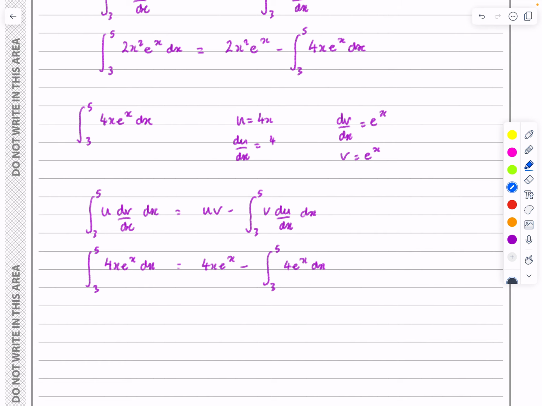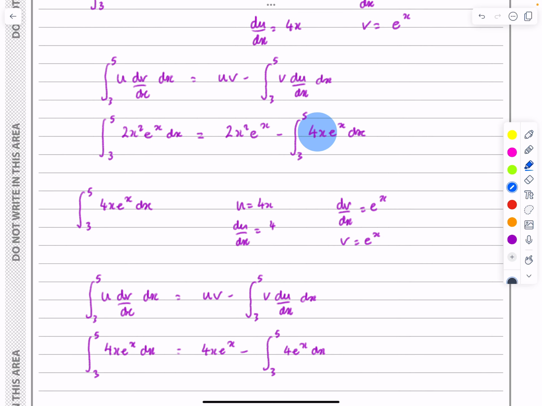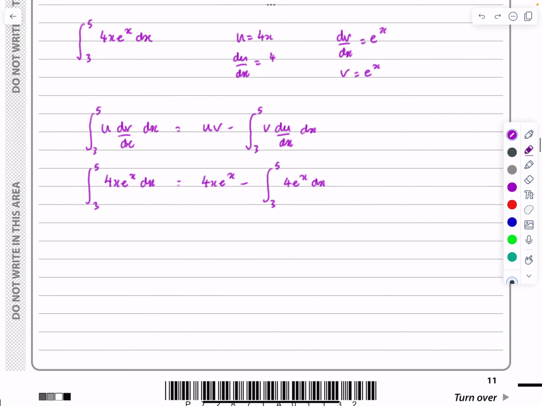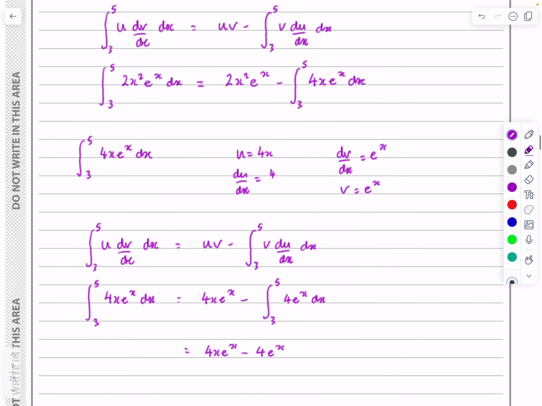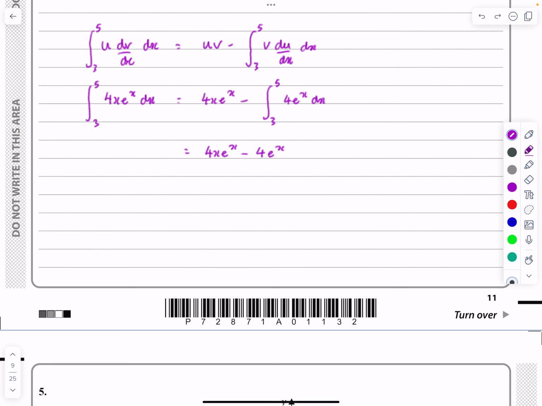And now we notice that what we originally had was 2x squared e to the x. It went to 4x e to the x, and now it's gone to just 4 e to the x. And the good thing about 4 e to the x is I can just integrate that straight away now. So that's 4x e to the x minus the integral of 4 e to the x is just 4 e to the x. So that's that part there. We're now going to do this thing here, 2x squared e to the x minus all of that. So the original question,